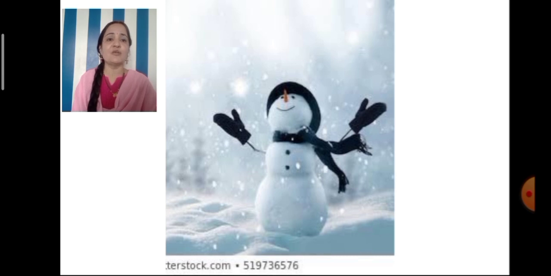In the picture you can see snow everywhere, and so the background of the picture is white. So children, remember this when you are coloring the picture.